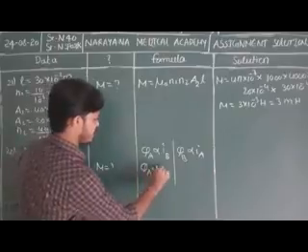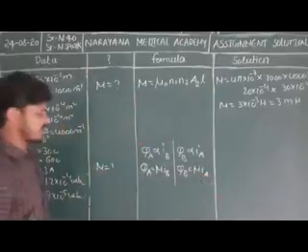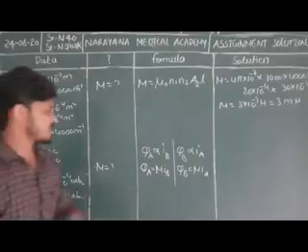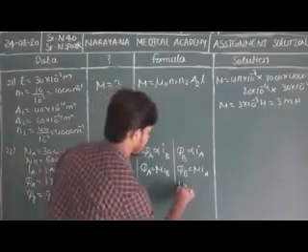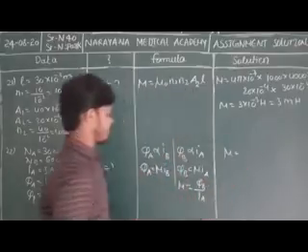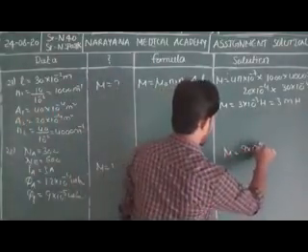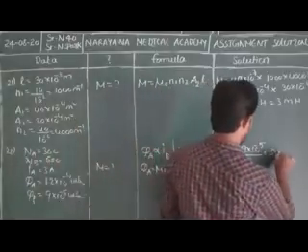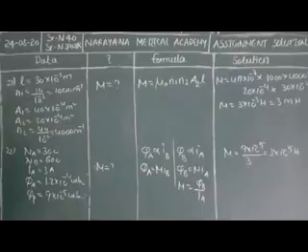According to the given data, we have a formula. Flux linked with coil A is directly proportional to current passing through coil B. Otherwise, flux linked with coil B is directly proportional to current passing through coil A. So phi A is equal to, removing the proportionality, M into IB. Here also phi B is equal to M into IA. Clear? So according to the given data, the connecting formula is phi B is equal to M into IA. Because IA is given, phi B is there, so you can find the M. M is equal to phi B by IA.